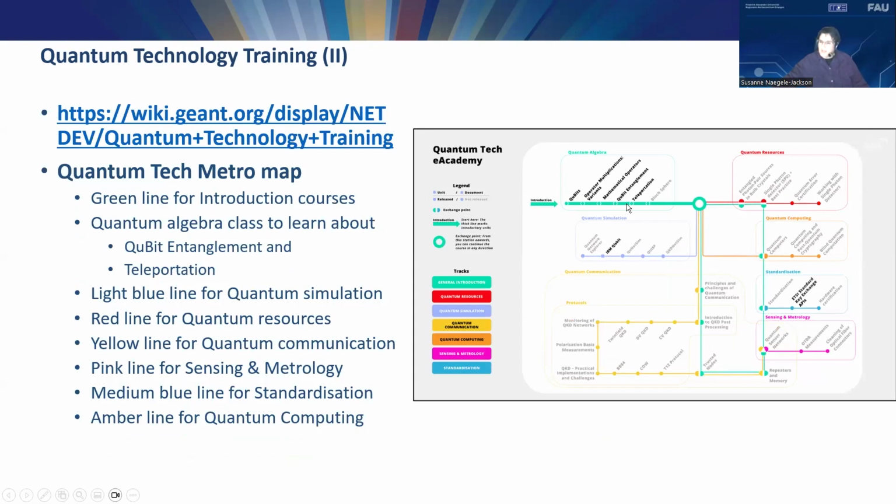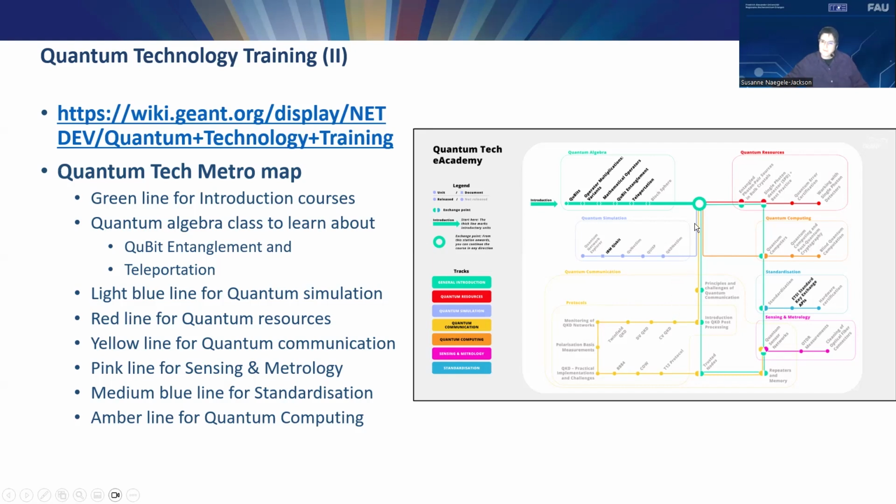In all the tracks, we have the green introductory lines. If you follow those, you get an overview of all the areas that we cover. In the Quantum Tech eAcademy, we have, for example, a light blue line for quantum simulators, and we have a yellow line for quantum communication.